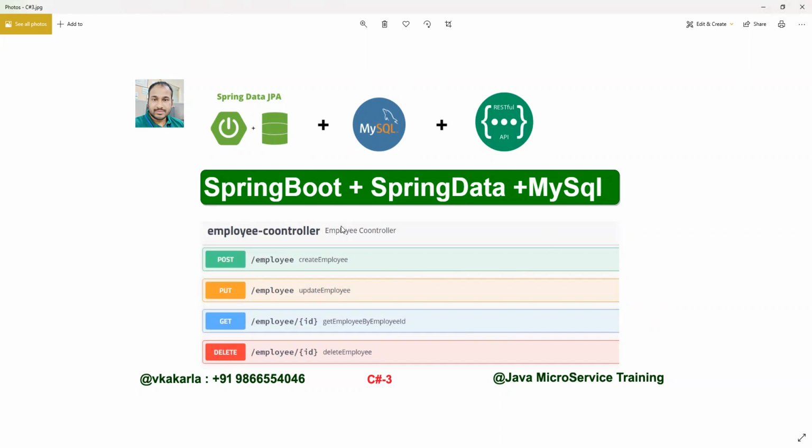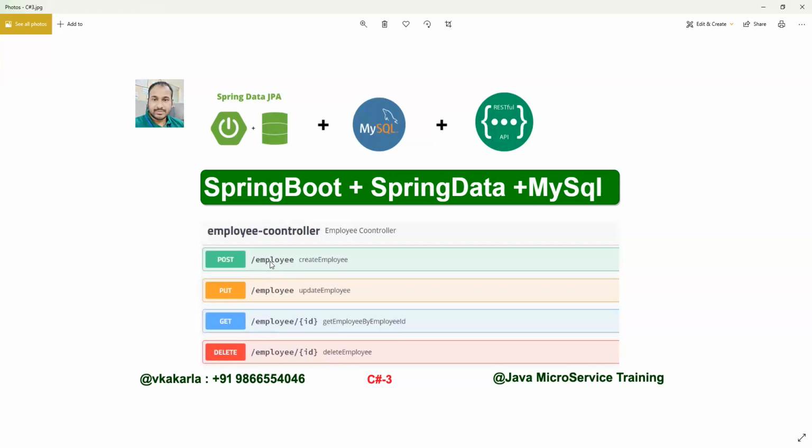In the previous class, we discussed Spring Data and Spring Boot with MapDB. So now we know all the project structure, and now we are going to integrate a MySQL database with the Spring Boot application with the help of Spring Data. So what is Spring Data, and what is it offering to the Spring Boot application? We will see now. Before integrating MySQL with Spring Boot, we need to know some information about Spring Data.